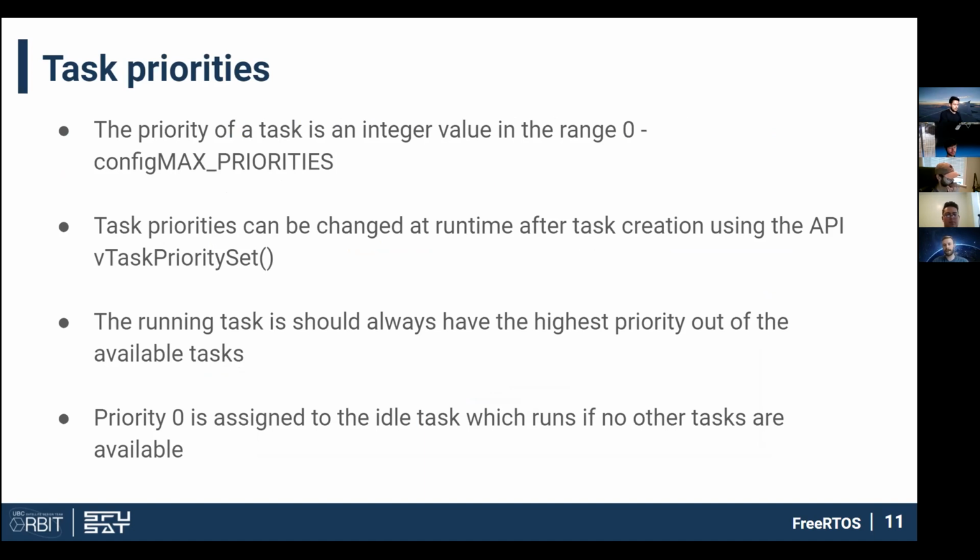Okay, so when you create your task, you give it an initial priority in the range of 0 to whatever the maximum priority of the system is. You can change it at runtime using the kernel APIs, and the scheduler will ensure that the running task is always the highest priority out of all of the available tasks in the system. If there are no tasks to run, then the idle task will execute, which always has priority 0. So the idle task is usually responsible for things like putting the processor into low power mode. You can use it for background tasks that don't have any real-time requirements, like gathering runtime statistics and things like that. The kernel does provide a hook function, so you can add some functionality to the idle task if you need to do that.